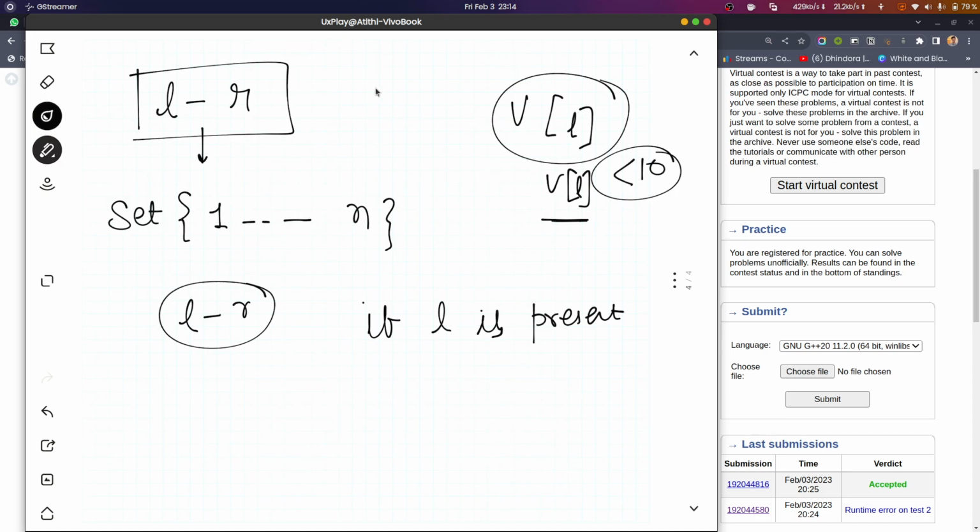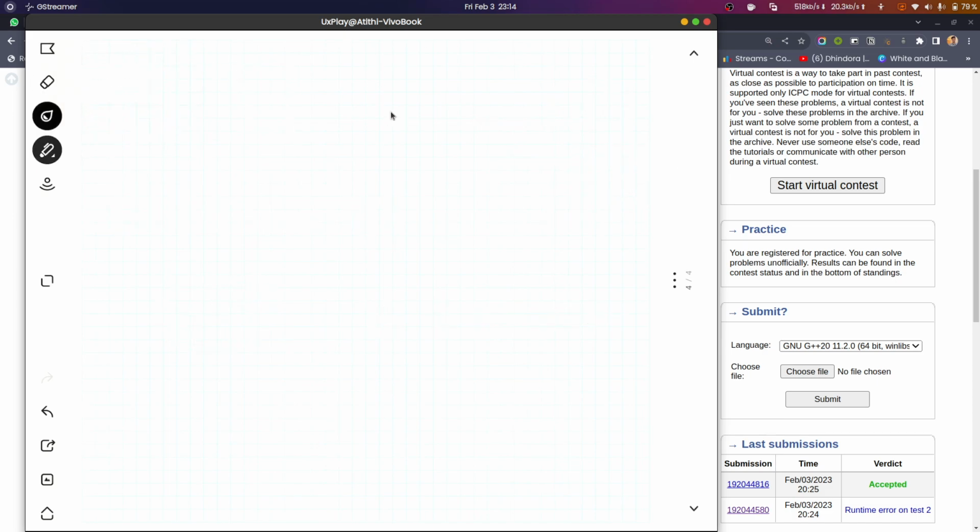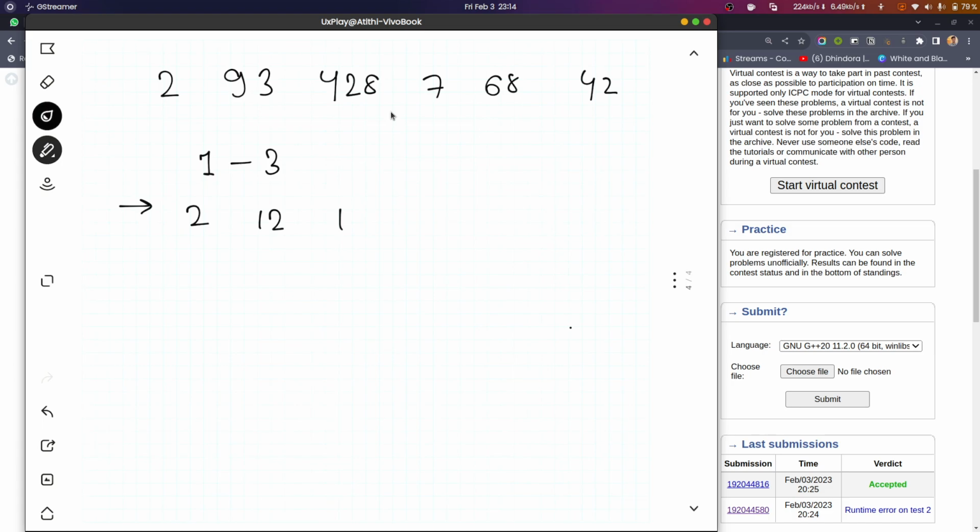Let me explain it to you. For example, if I have a vector like 293, 428, 768, 42, and I have to update for example 1 to 3, after the first update 2 will become 2, 93 will become 12, 428 will become 14, and then 768 and 42.